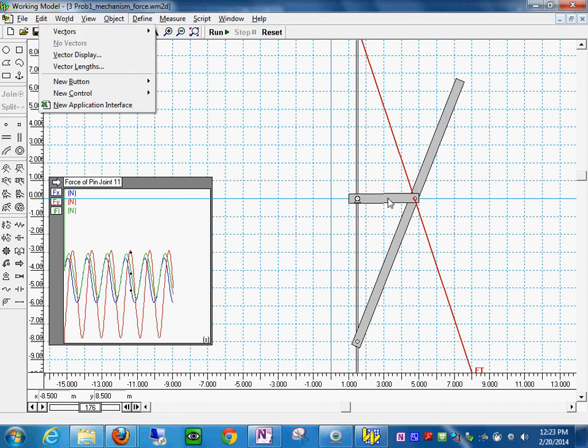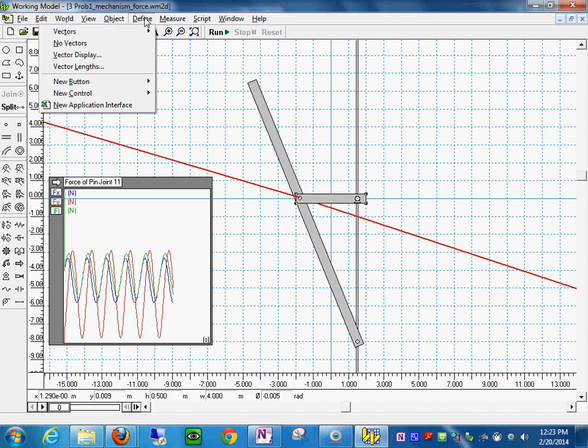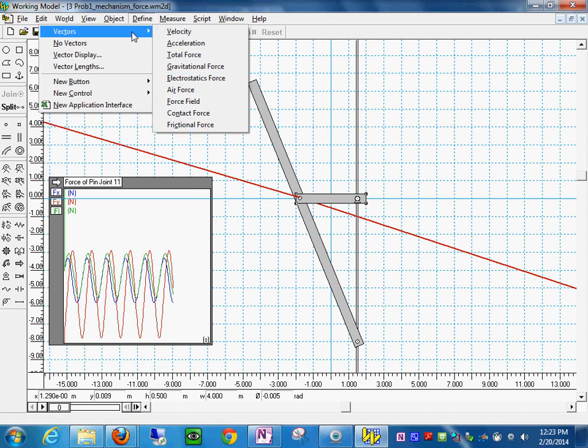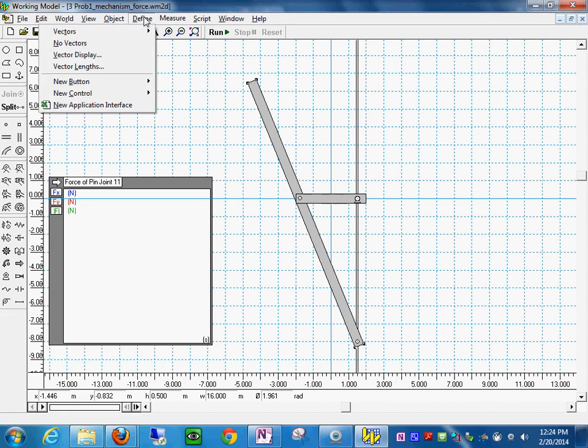No, first of all, we need to select a linkage, and if we say define vectors, let's define the acceleration vector. And I am going to do that for a linkage, let's do it for this one too. Okay, I'm just going to define the acceleration vector,